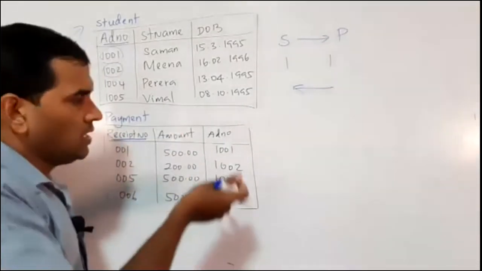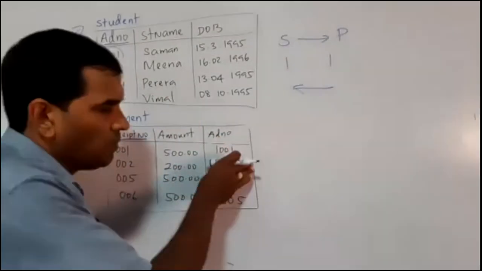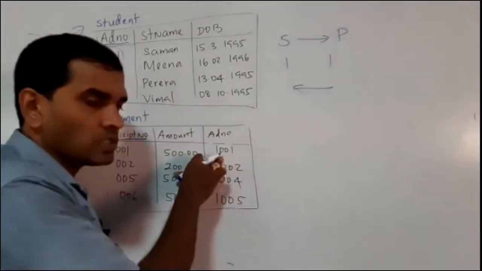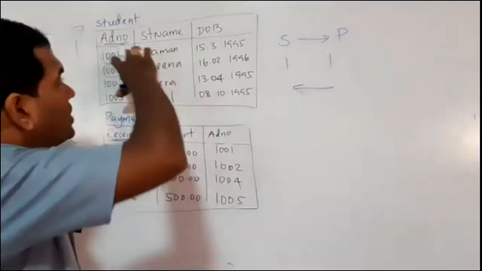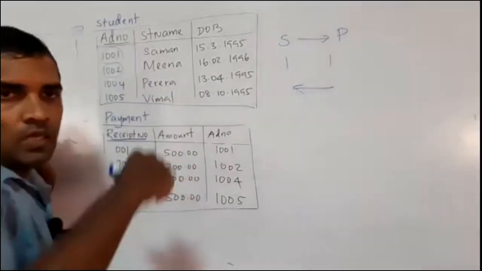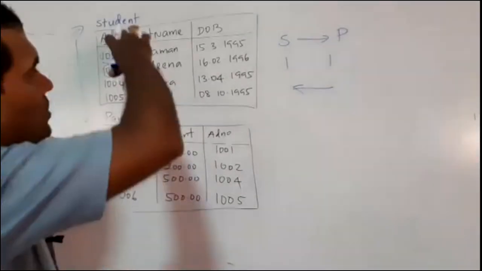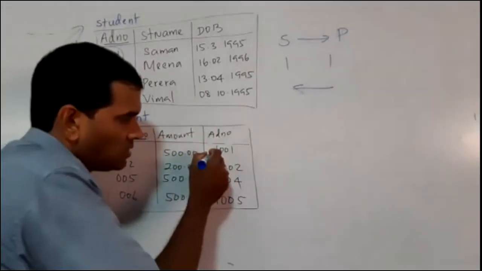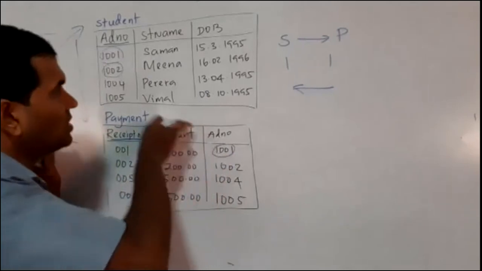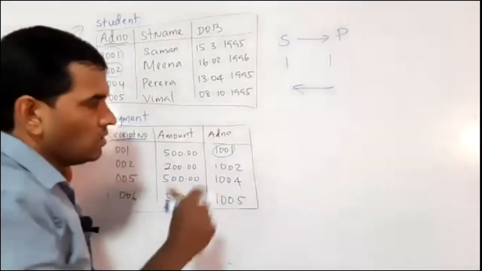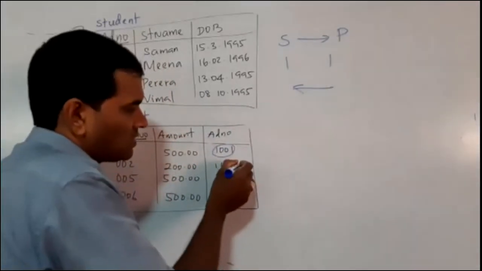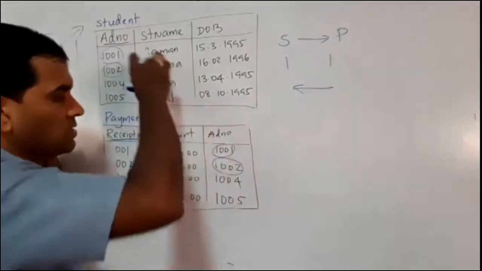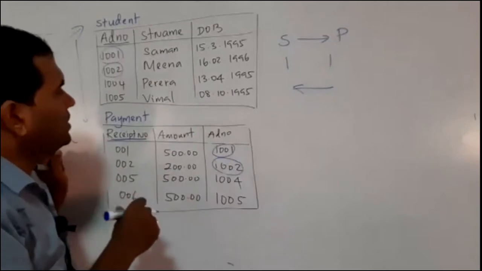So how to check that? Again, same thing. Keep an eye on the common fields, right? Earlier we started from 1001 because we started from the student table. Now we are starting from the payment table, right? So I take a data. How many times is that 1001 there? Only 1. Okay, so let's take the second one, 1002. I took a data there. How many times is 1002 available there? Only 1.